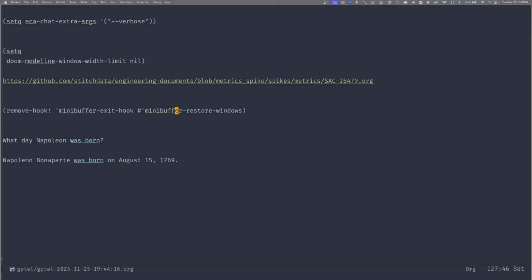Sometimes I do it just because of muscle memory. Accidentally, I would send it, and it was like, oh, I did this, but that's okay, I can undo. I sometimes use this feature inside the process of org capture. When I'm capturing something, I do an LLM request right there, get some information, and then include that in the capture.